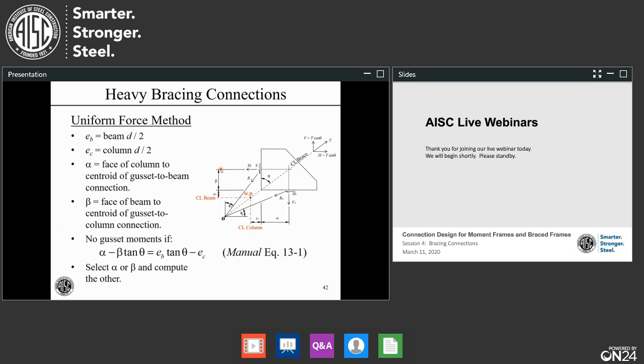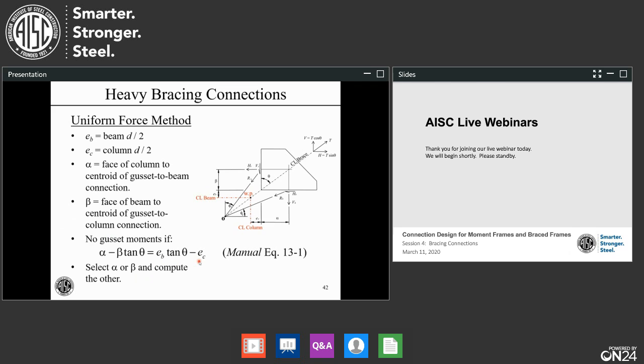Now, we can't just pick whatever we want for those. We need to set those to have specific proportions. And there's a snazzy equation in the manual, equation 13-1, that sets these for us really easily. If you satisfy this equation, then this is all set up correctly and you have no gusset moments, and your gusset plate will be in equilibrium. It's alpha minus beta tangent theta, and theta is this angle right here, equals E sub B tangent theta minus